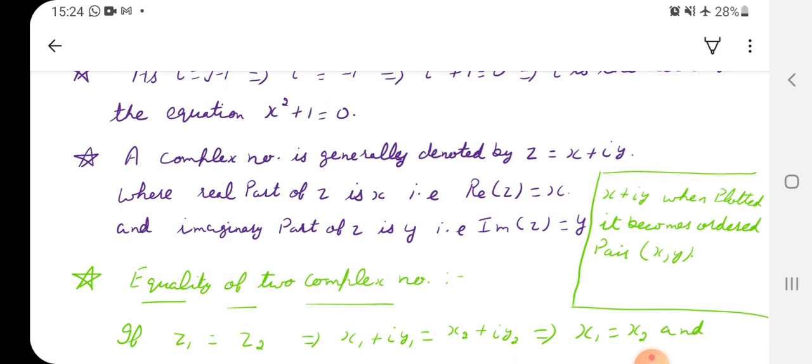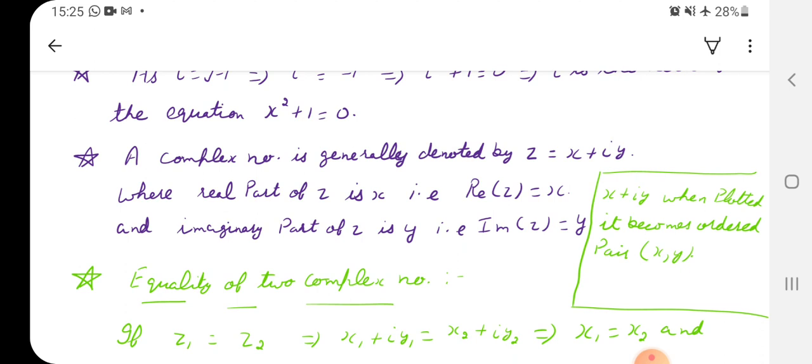Now coming to graphical plotting. In the second exercise we will discuss the graphical meaning of this and we will plot all these complex numbers as well. But now I will give you one hint: x plus iota y when plotted on a graph becomes an ordered pair x comma y. Ordered pairs like we did 1 comma 2, 2 comma 3, 3 comma 4, right? In the 10th class also we plotted some points 1, 2, 3, 4 and so on, right?